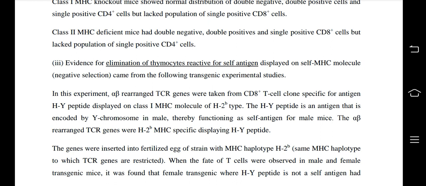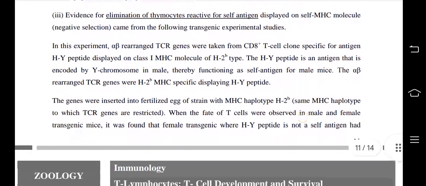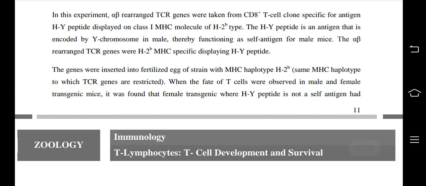The HY peptide is an antigen that is encoded by the Y chromosome in males, thereby functioning as a self-antigen for male mice. The alpha-beta rearranged TCR genes were H2B MHC specific, recognizing the HY peptide. The genes were inserted into a fertilized egg of a strain with MHC haplotype H2B, the same MHC haplotype to which the TCR genes are restricted. When the fate of T cells was observed in male and female transgenic mice, it was found